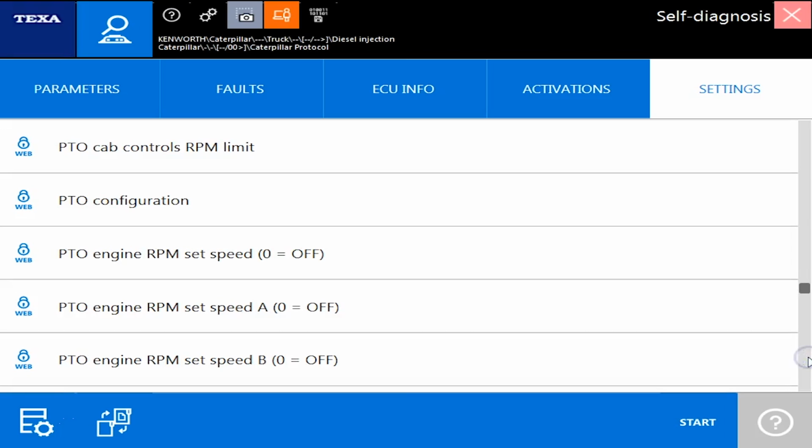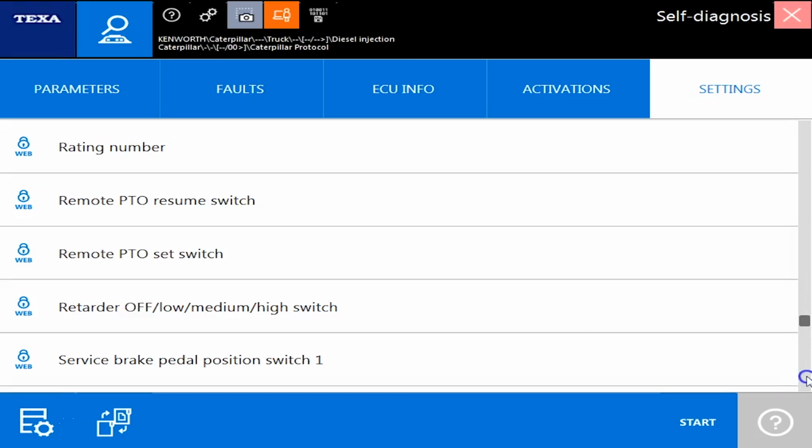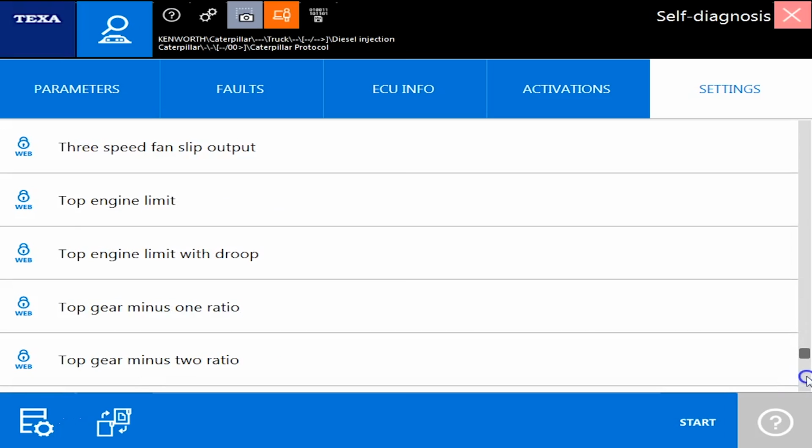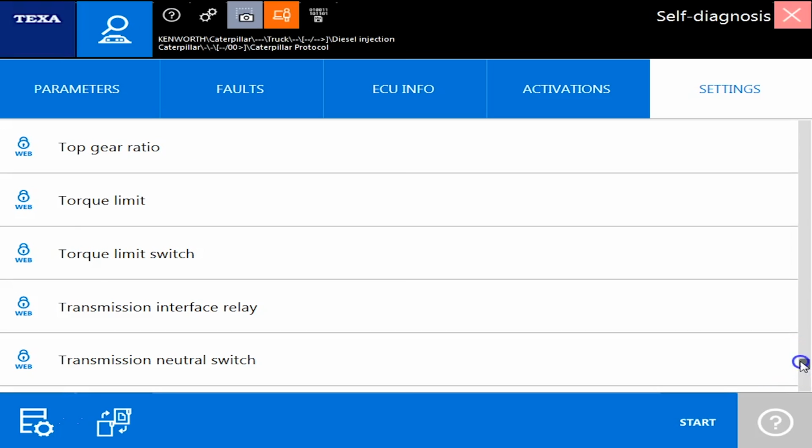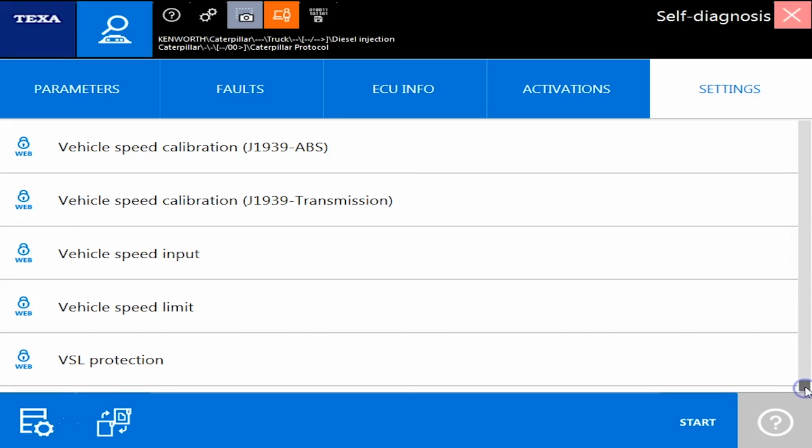As I go down through the list, you'll notice everything is in here that you would ever need to be able to do for a command. So that is the short version of the TEXA on a